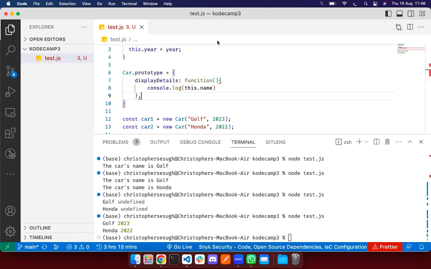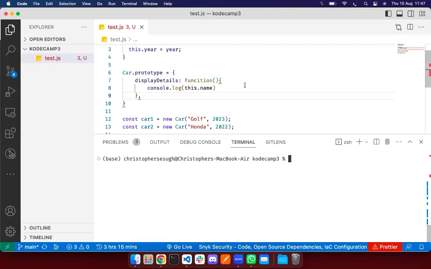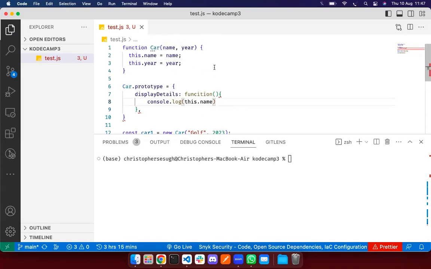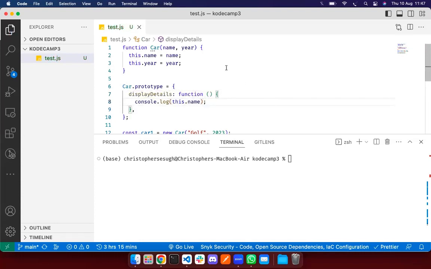Okay, Josh, can go ahead. Yeah, I wanted to say that the function is not spelled correctly. The function keyword. Oh, thank you. Actually, mistake from me. Sorry about that. Thank you about that. Now we've added a method directly to the car prototype, and we can also add another method here,